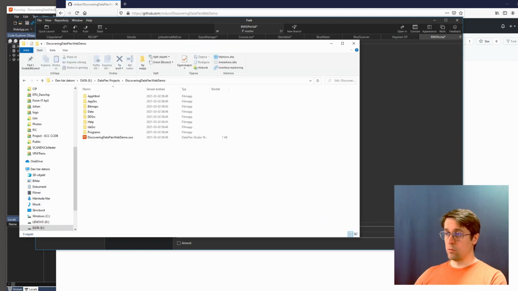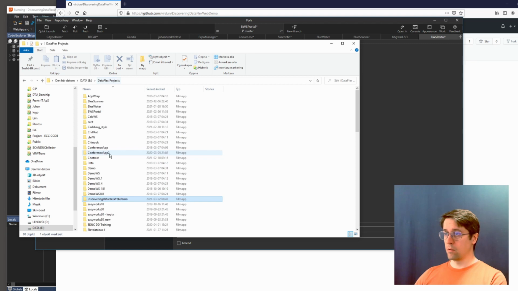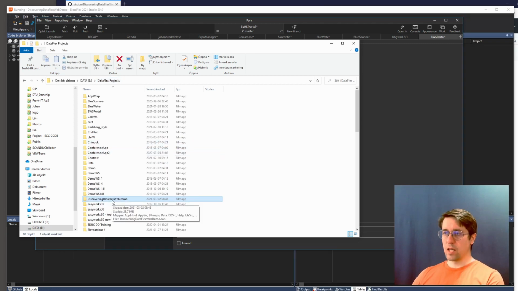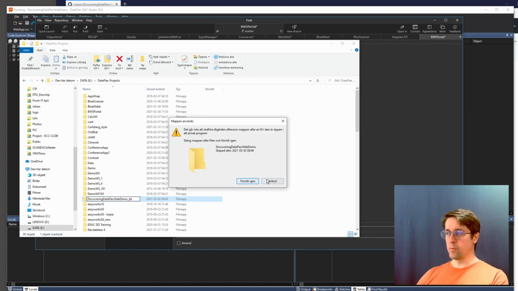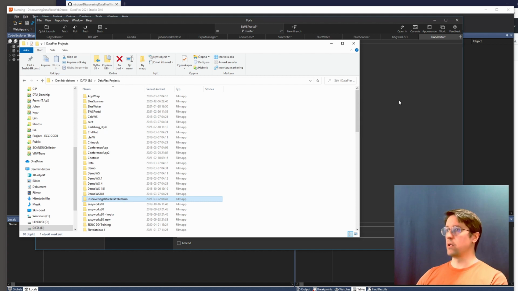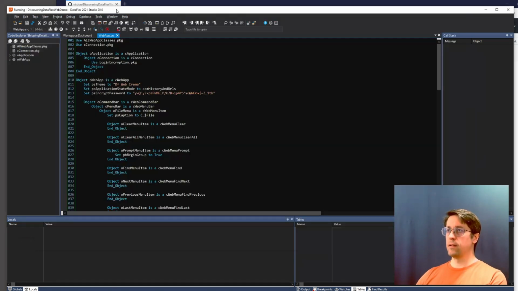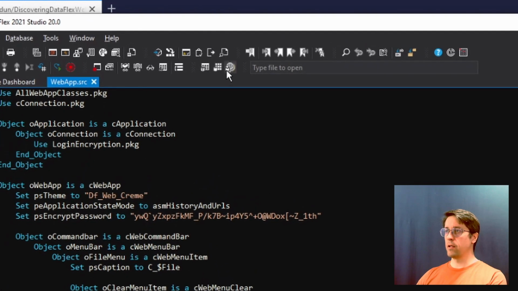So what we need to do is go in here and rename this, but we cannot do that just now because, as you see, it's being used. If I just write, I'm not allowed because it's being used by another application, and it is actually being used by the Internet Information